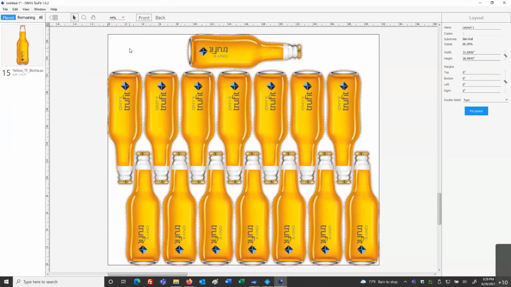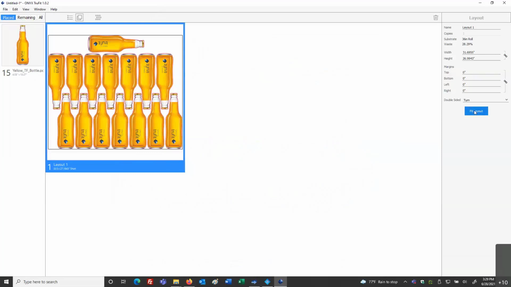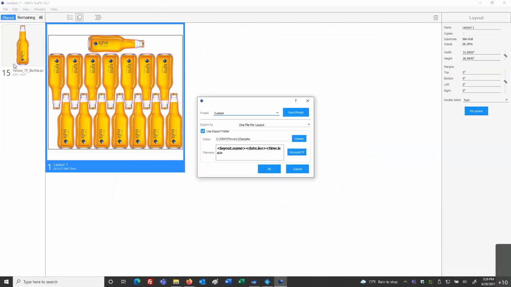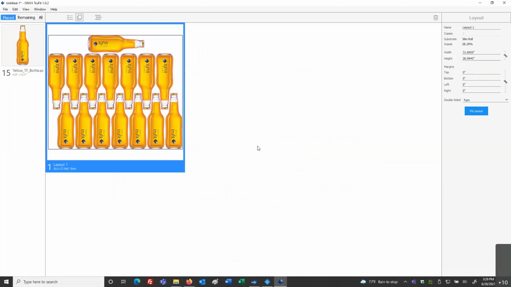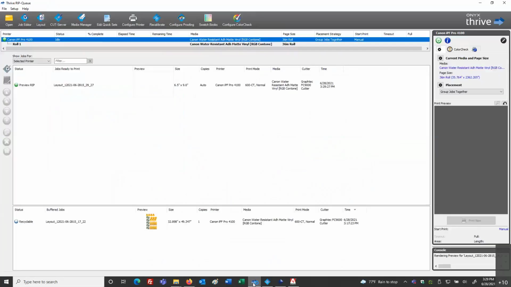And then for the front and back scenario, I can go back to my layout. I've got my information. I could now write this over, export to Onyx. So keep this in mind, it's export to Onyx, but it can also be going to some other directory folder that we're going to position these files. I'll go back to my preset for my cutter, and I'll send that directly to the hot folder for the cutter. I'll go into my RIP, and I'll see my file coming in.